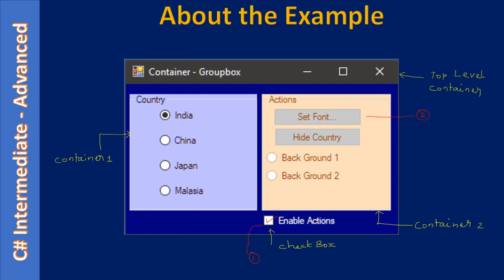If I set Verdana font with a size of 12 points, then all these controls, I mean the four radio buttons, will inherit that property. That means this will also change its font to Verdana 12 point. Next, here if you see,